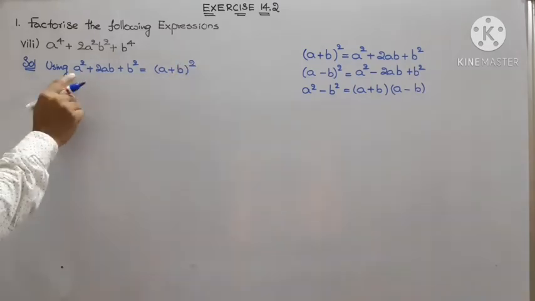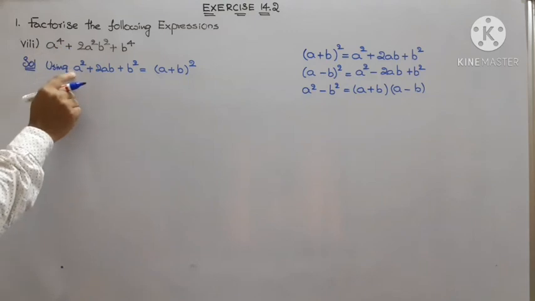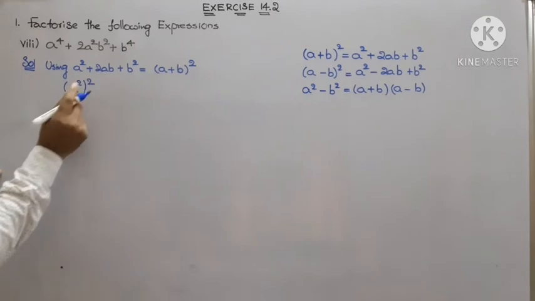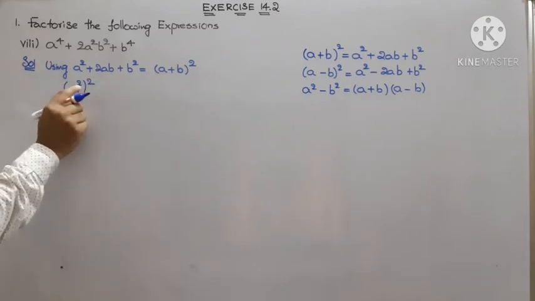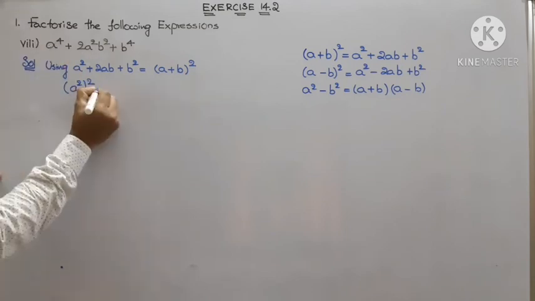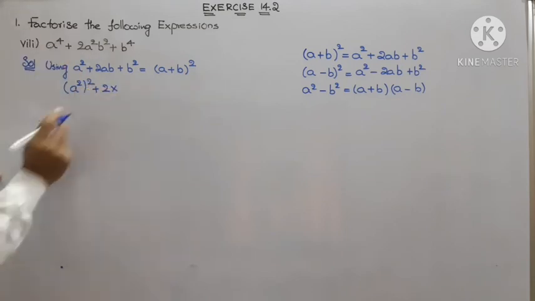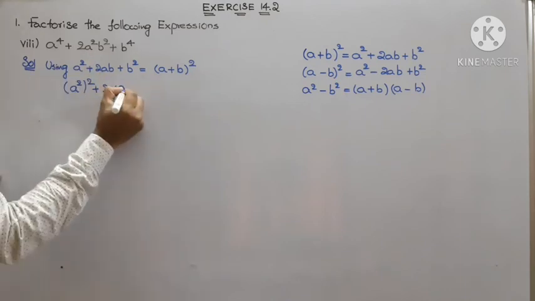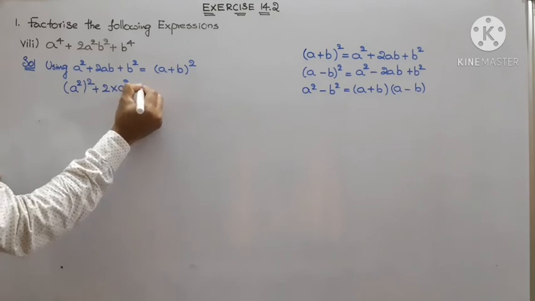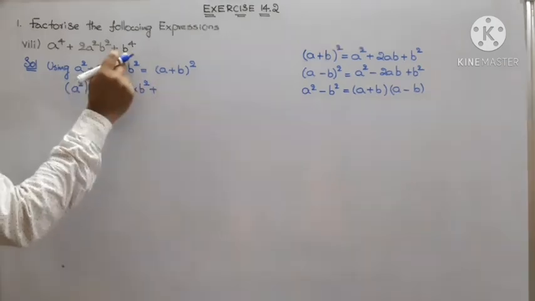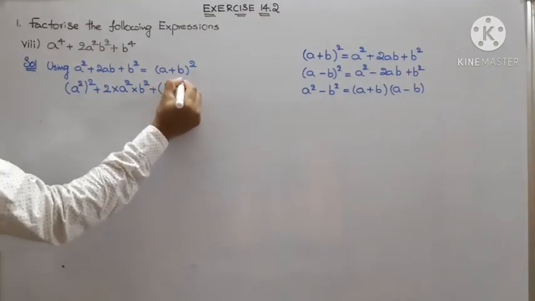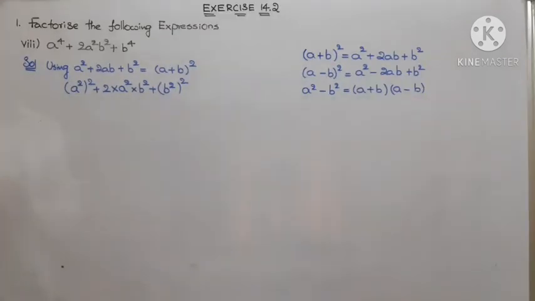Now look, in that case, how can we write a power 4 as a square whole square, isn't it? Because a power m whole power n is equal to a power mn. In that case, 2 into 2 gives us 4, plus 2 into, already we have the a term as a square. With this 2a square is finished and the leftover is b square. In that case, how can you write b power 4 as b square whole power 2.